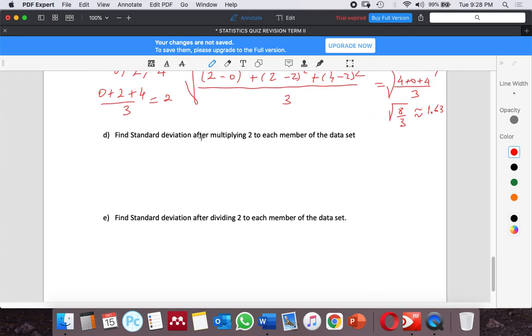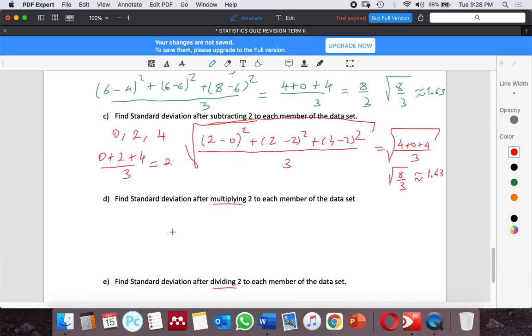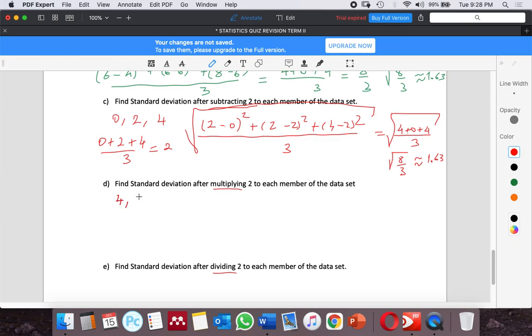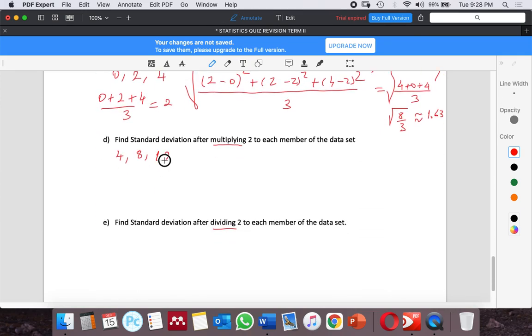But what about if we multiply and if we divide? It definitely will change. So let's see how it will be. If I multiply each member by 2, 2 times 2 is 4, 4 times 2 is 8, and 6 times 2 is 12. So the mean for these members will be